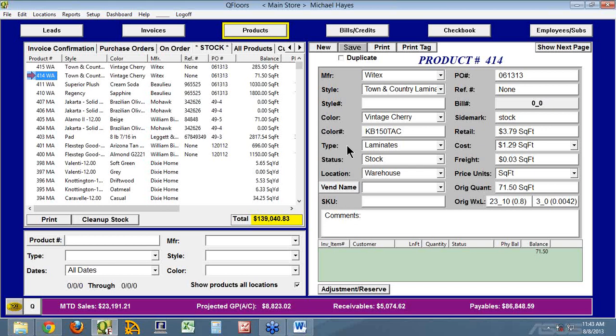Not that you don't trust people, of course, but you set up controls to protect the business as well. So that's one of them, and this is not a QFloors thing. This is just general business practice recommendations: the people who have physical custody of the inventory shouldn't have the ability to change any of the inventory